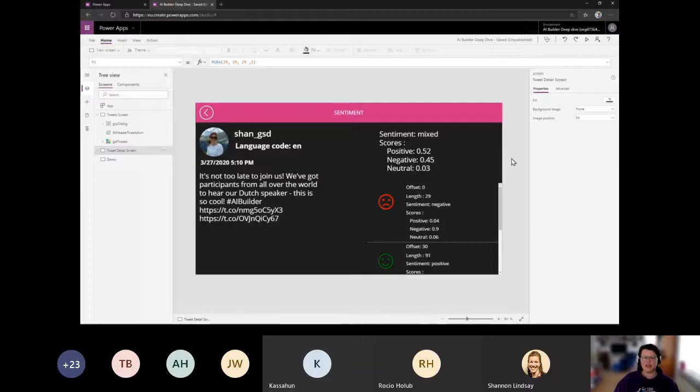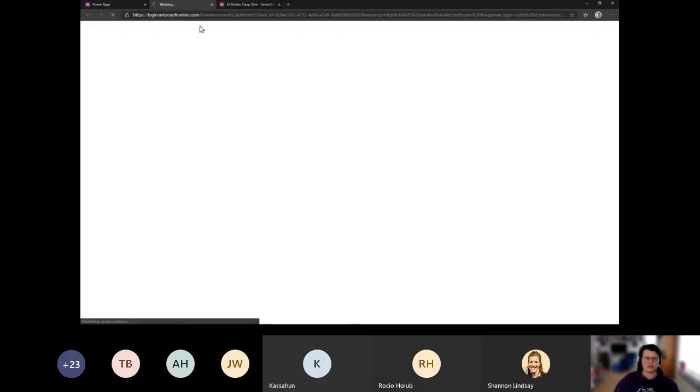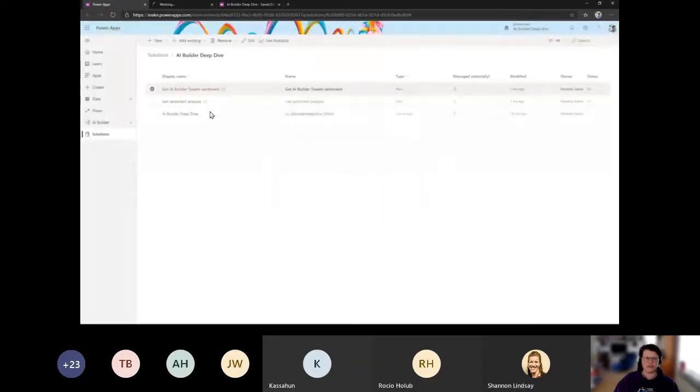So how did I do it? At the moment, this model cannot be leveraged directly from within Power Apps. For that reason, I used Power Automate to use this model. And there's at the moment a kind of workaround that I need to do. I will show you both flows so you have an idea.